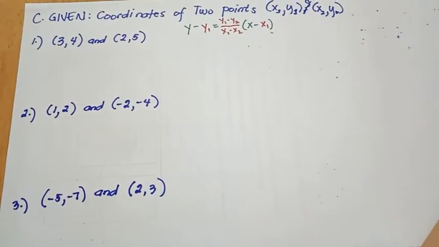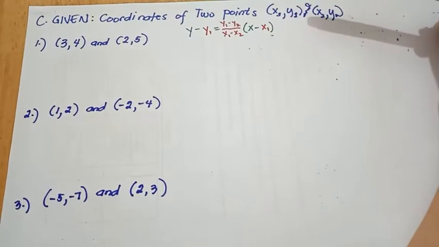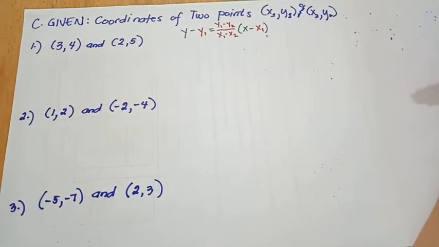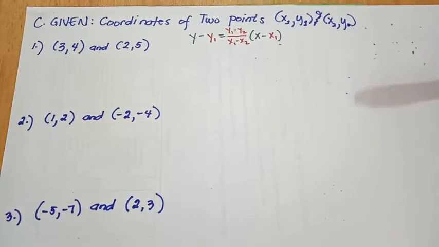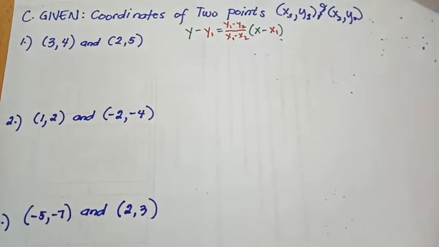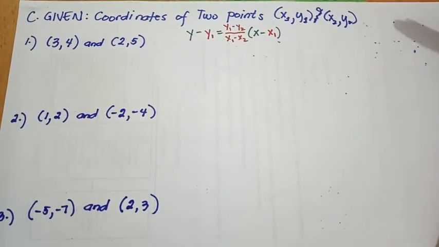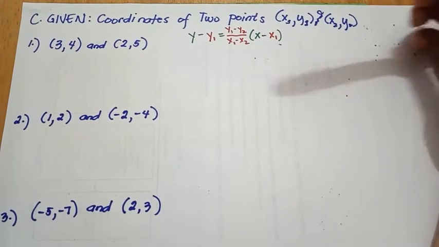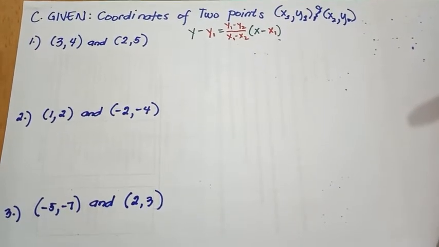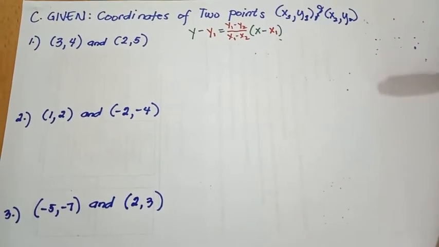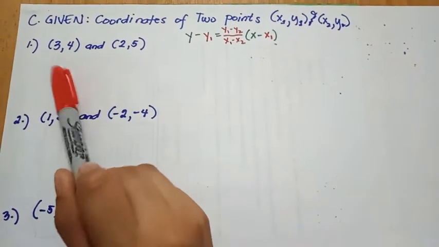So for the third part, we have writing the equation of a line given the coordinates of 2 points, x sub 1, y sub 1, and x sub 2, y sub 2. The form that we will use is called two-point form, also known as y minus y sub 1 equals the slope, which is y sub 1 minus y sub 2 over x sub 1 minus x sub 2, times x minus x sub 1. Take note that you may also apply the point-slope form, but you will have to solve separately for the slope